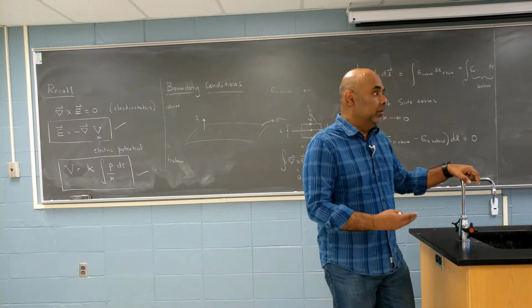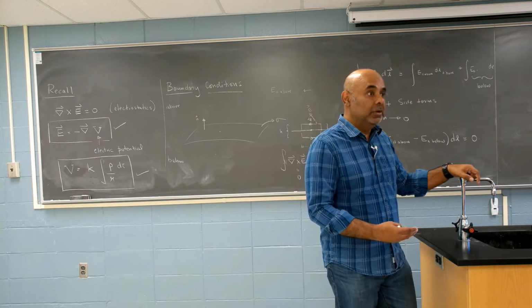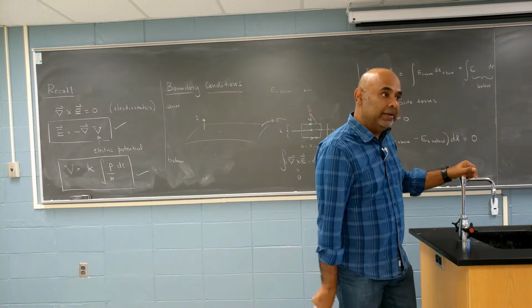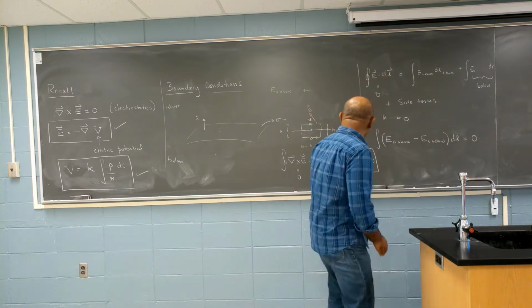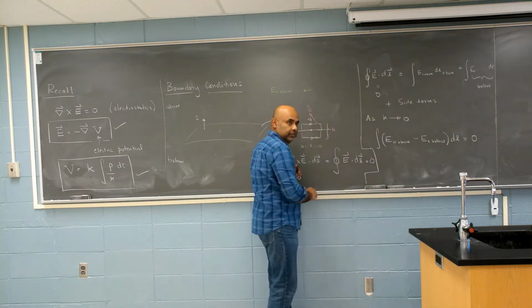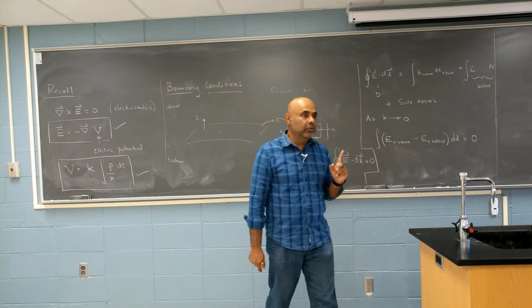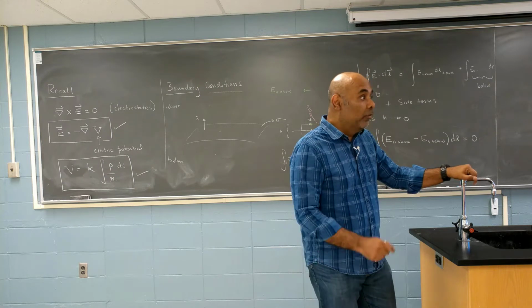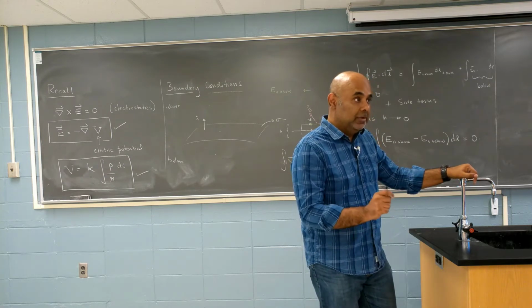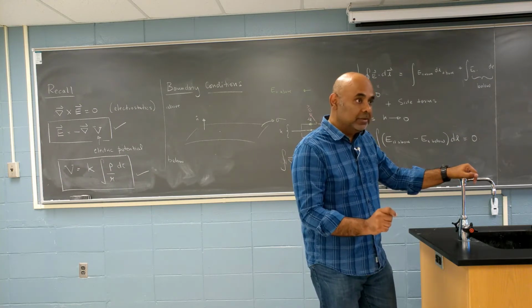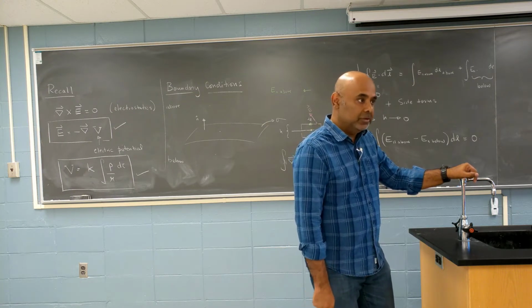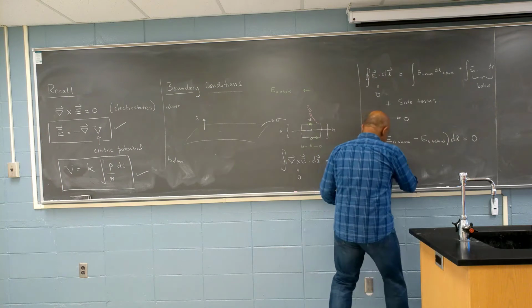But we've talked about this many times over. This is true for any 2 points that you pick, any 2 points within the short region. When is that true? When the integral of something vanishes over any domain. The only way that can happen is if the integrand vanishes. So this implies